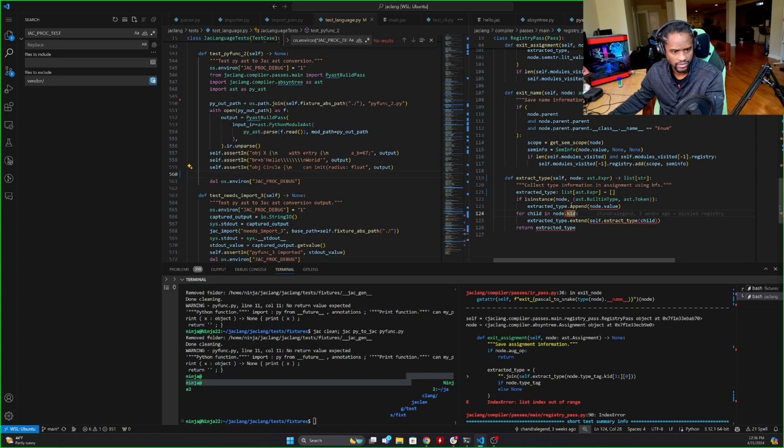Node.value is an abstraction, if it isn't. Why is this expected expression? Wait, it has incompatible type string. Oh, because you're, so this is strings. These are lists of strings. Are you mixing types in here? No. Okay. Oh, okay. But self.extract_type, child, for child in node.kid. Yeah. See, this is why